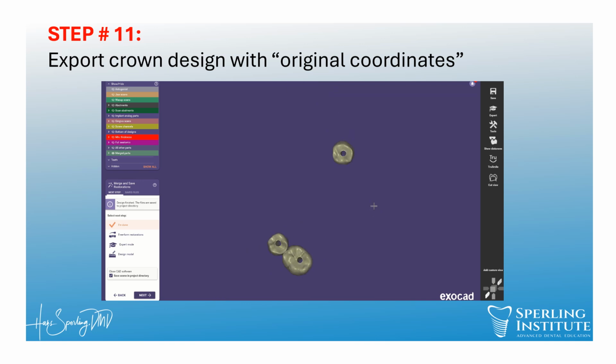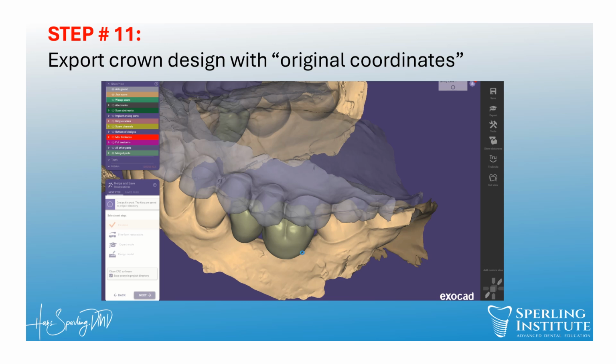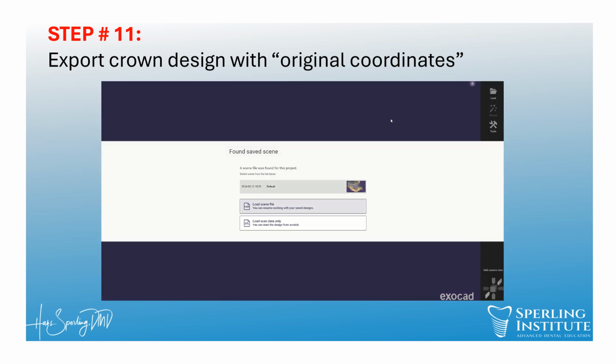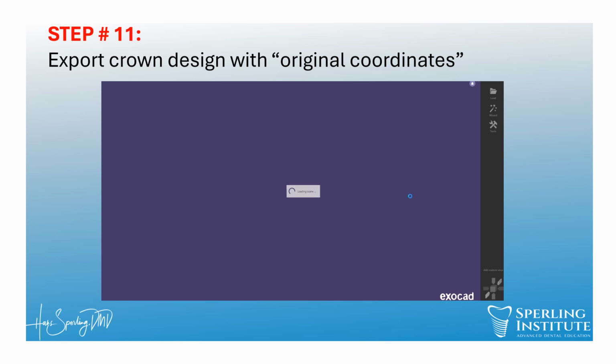Now, it's really important that we save the crowns in the original position related to the scan. If I go next here, it's going to save the crowns in a position that is related to the print or the mill. So what I want to do is, before I get to that point, I want to save it manually. So I have to reopen my software. So before I close out,